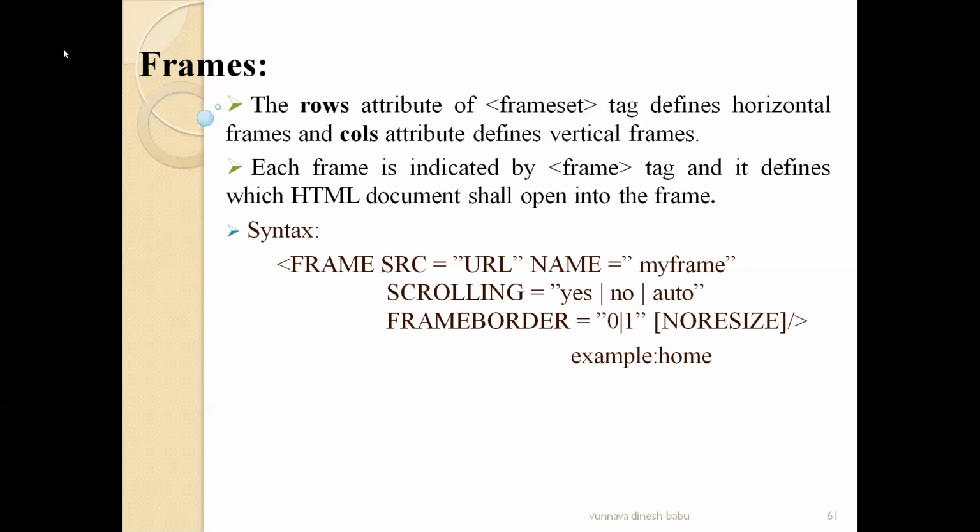So when the concept of scrolling comes in, suppose we have a frame of size 100 pixels height and 100 pixels width, and in that height and width, we are trying to insert an HTML document whose size is 400 pixels height and 400 pixels width. At that time, our frame is capable of displaying only 100 pixels width and 100 pixels height. The remaining 300 pixels width and 300 pixels height cannot be displayed at a time. At that point, we need some scrolling or scroll bar.